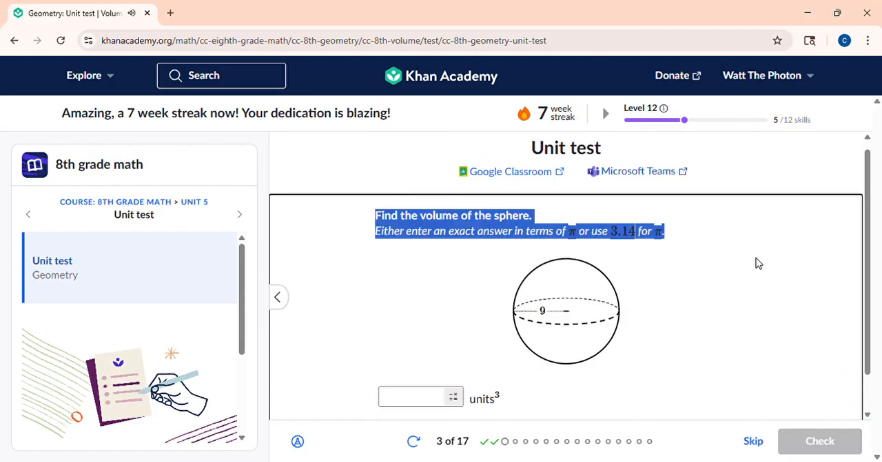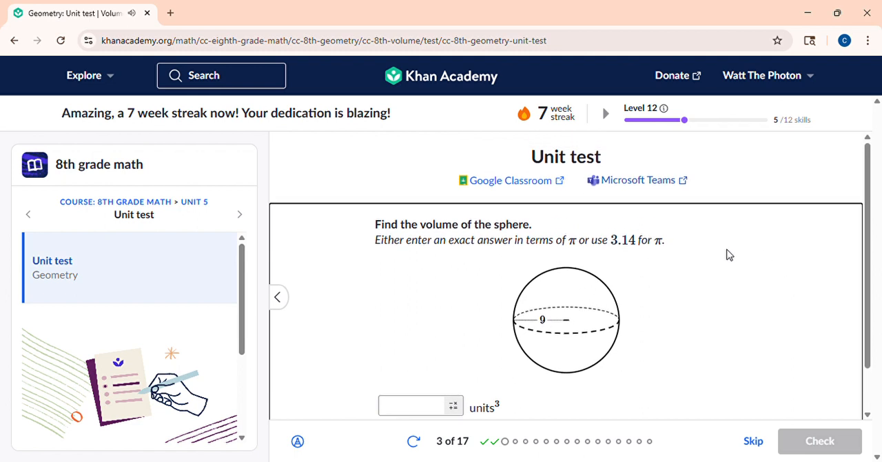Yeah. Find the volume of the sphere. So that's 4/3, the volume of a sphere. I think that's 4/3 pi r cubed. Okay, that's what I want. 4/3 pi